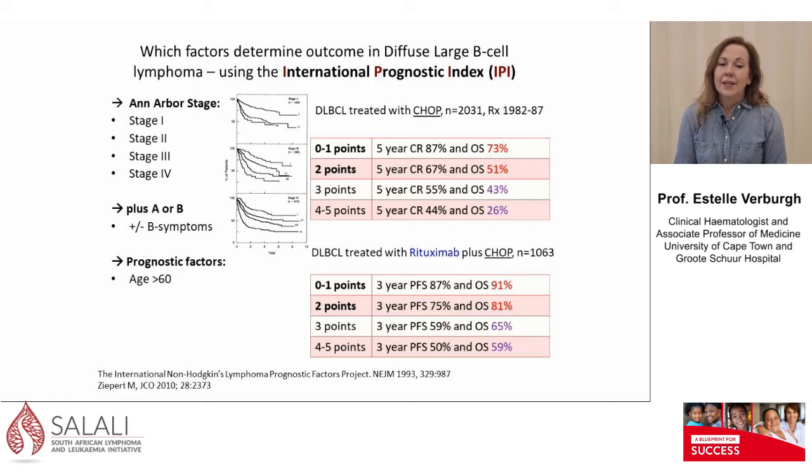So I said I would look at the prognostic factors a bit more, because that's very important. We care about these factors because they are going to tell us how well our patients will be doing. So age, more than 60, is a given. We all know that. LDH, that's raised, that is also a poor prognostic factor. The stage, as we've already said, if it's a more advanced stage. If the lymphoma has had time to grow into extranodal areas, that also makes the disease more dangerous to the